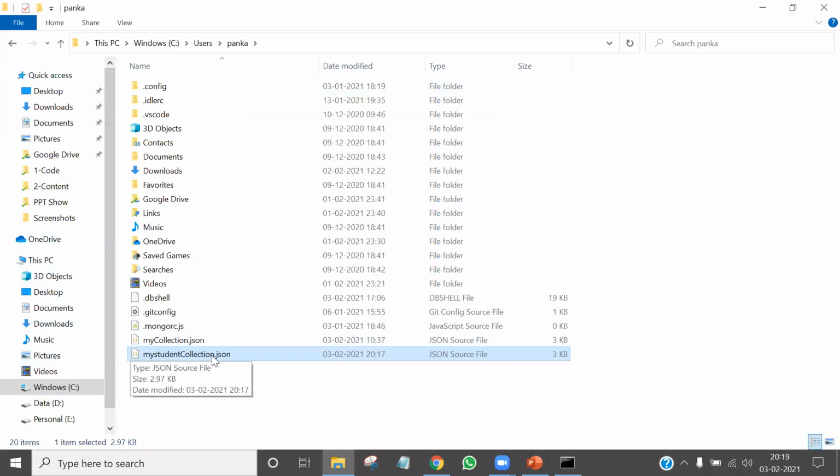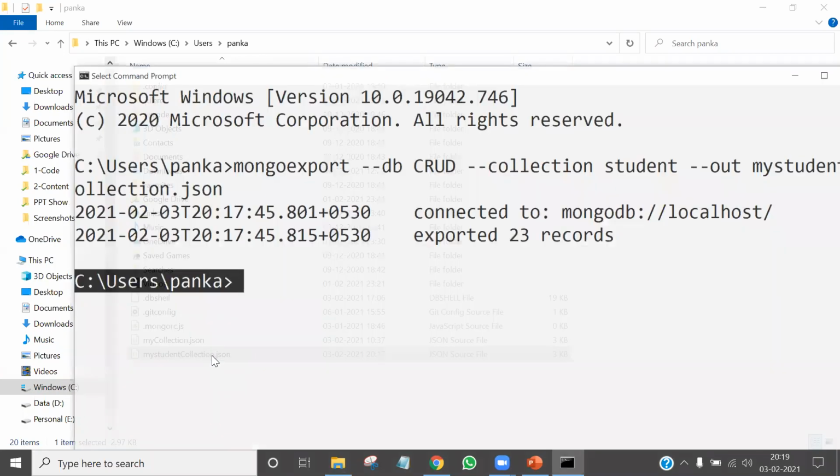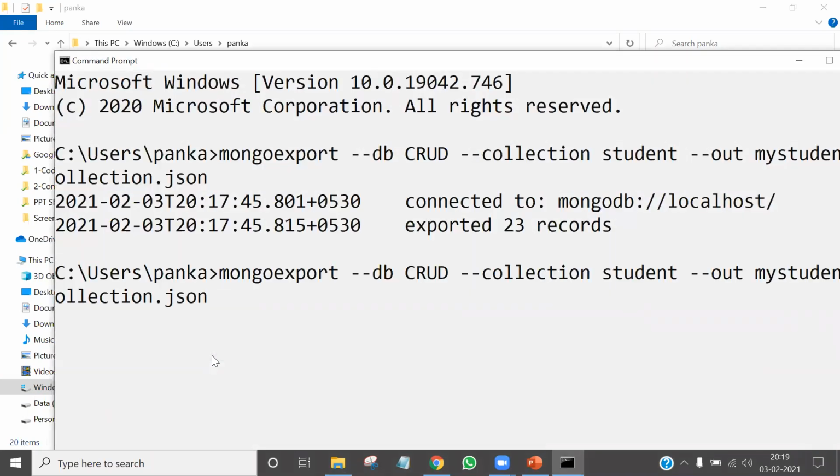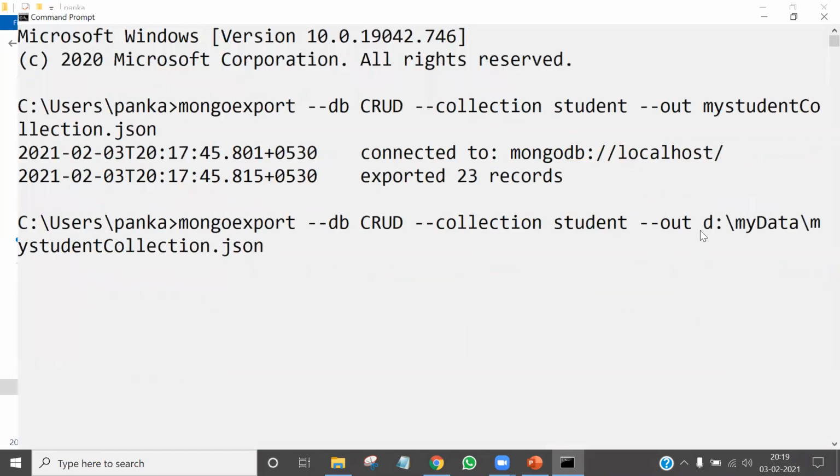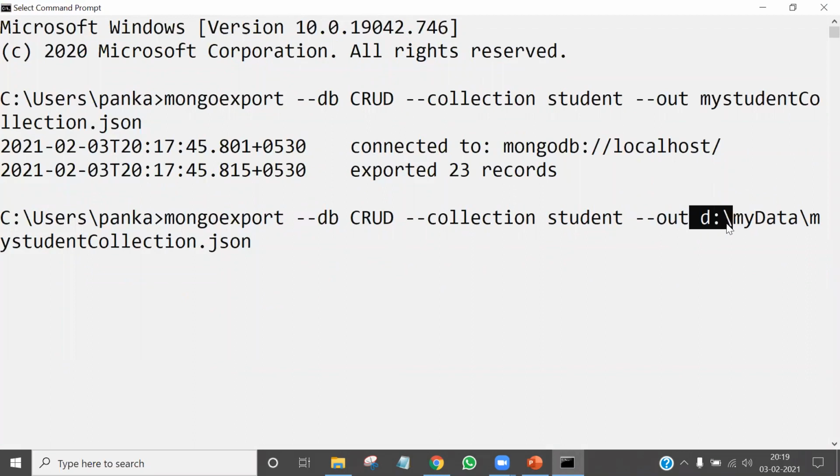But if you want to store this collection at your own path, like in C folder or D folder, you can do that. For that, just go to that CMD again, type the command, and in case of out, just write any path. Okay, I just write D folder, then I can use, suppose, my data. So I'm going to store our JSON file at D folder, so that I can easily find the path.